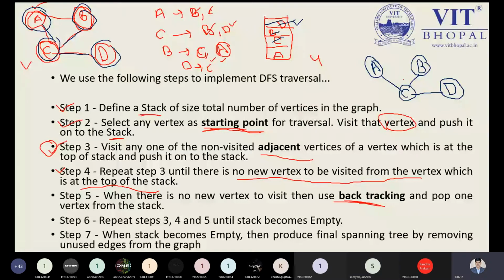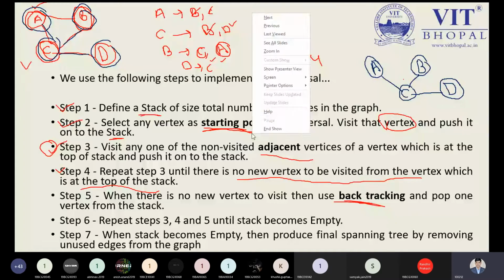Yes, sir. But there must be a question, sir. After picking the B node first rather than the C, so our span tree made different. Of course, it could be different, no problem. The example could be like first we are visiting A, then we are visiting B, and then we are picking the C, and then D. So diagram could be a little bit different. Like I'm just helping you.